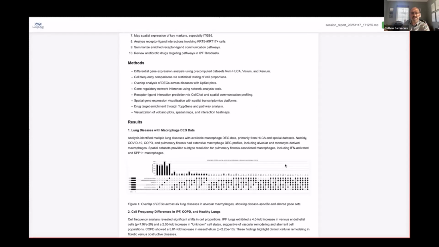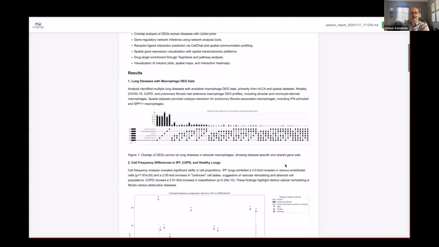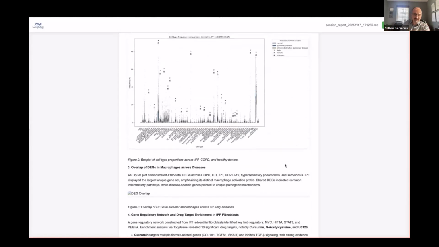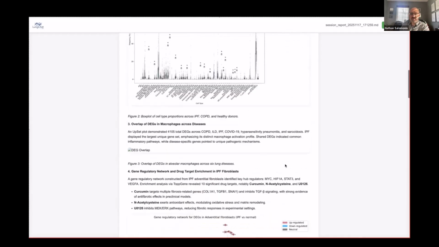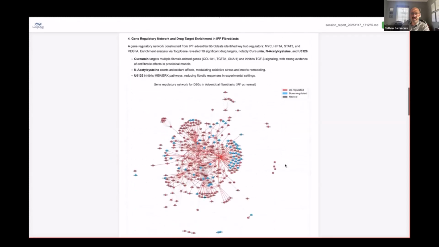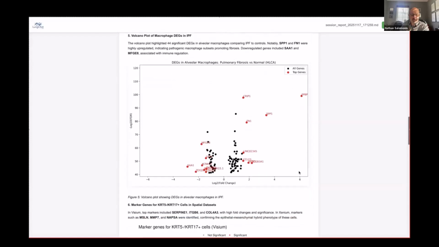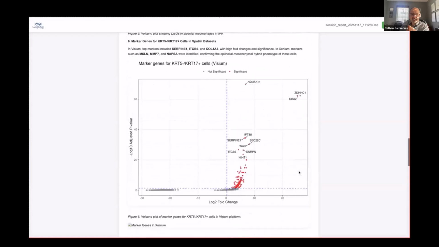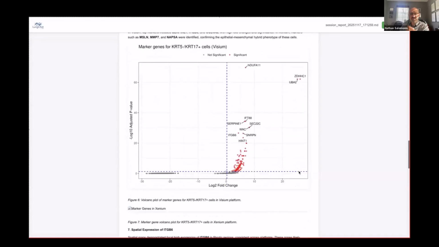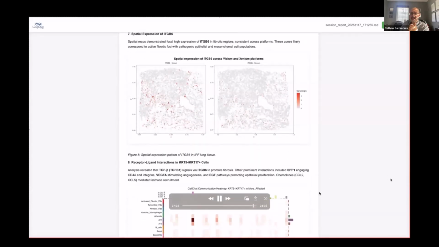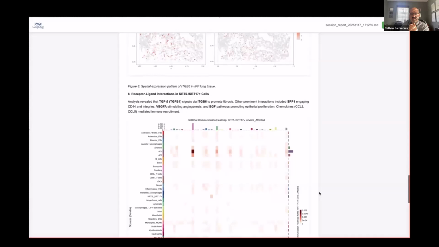And it'll say biologically, what are some of the major take homes, given the overlap of these genes, their cell frequencies, their differential expression, their participation in certain gene receptor ligand, different transcription factor target interactions, their overall regulation, specificity in certain cell populations across platforms, drug targets, and receptor ligand interactions.